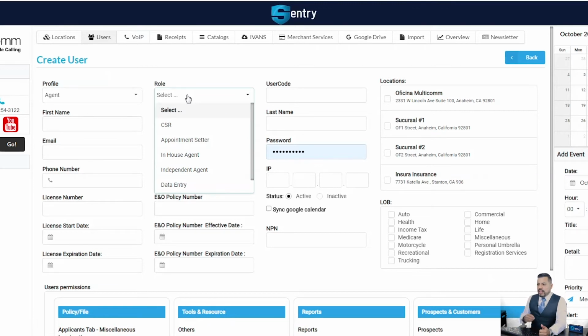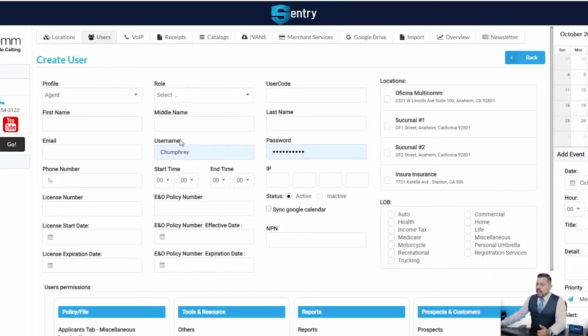The roles don't necessarily have an effect in Sentry. It's just so that you can identify what the position is. It won't allow them to do anything more or less. You could put a middle name if you have to. The most important ones that you must do is create a profile, give them a profile, what level of administration